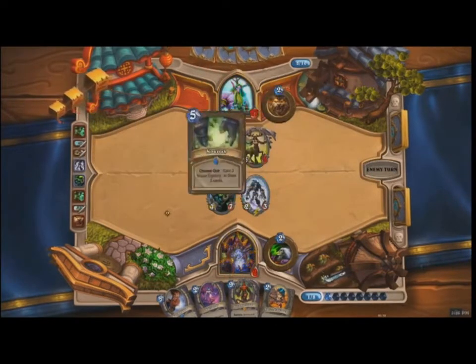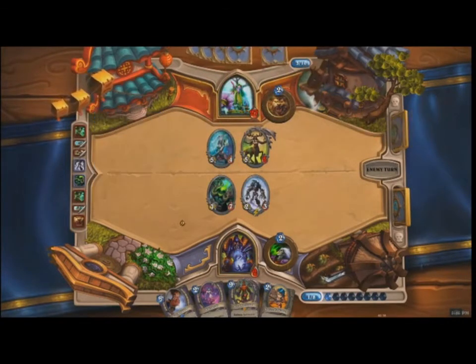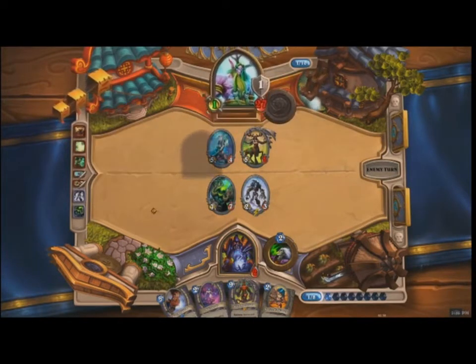All he needs to do is deal 2 more damage to the Warlock to win this game, and then we won't even get to see Jiraxis. He plays Nourish to draw some more cards. If any of these cards deals damage, he might be over. He uses his hero power to deal 1 more damage. Now the Warlock's at 1 health,